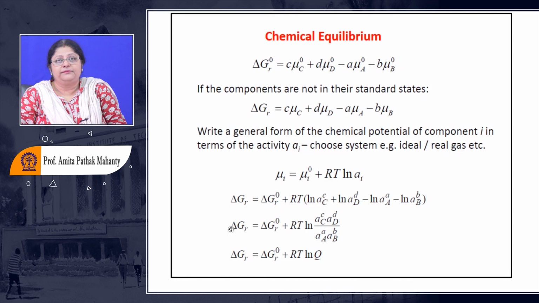This becomes equal to 0 at equilibrium. So this becomes equal to minus, and this will become the Q, and Q will be equal to K or less than or equal to K, depending on what type of reaction we are going to get. So this is the reaction quotient, and reaction quotient and equilibrium constant. I hope you remember what is the condition which you have.